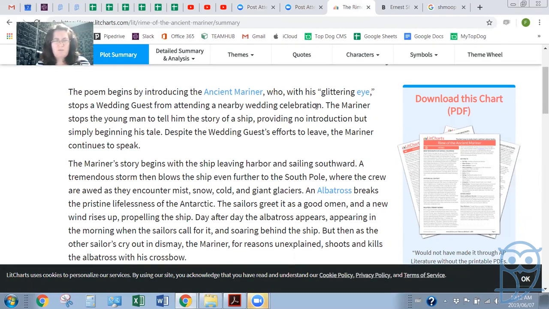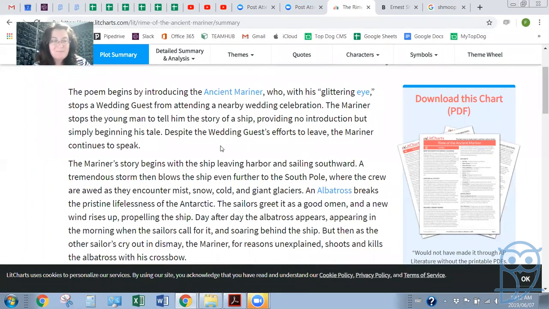And why is this? Well, the mariner stops the young man to tell him the story of a ship, providing no introduction, but simply beginning his tale. So there'll be an introduction to the poem where the mariner stops this man, and then he just starts telling his tale. Despite the wedding guest's efforts to leave, the mariner continues to speak. So it's a bit ominous, okay? The mariner's story begins with the ship leaving harbor,